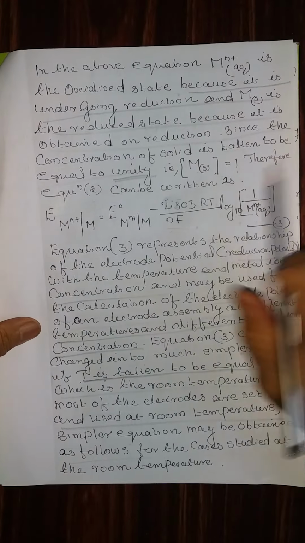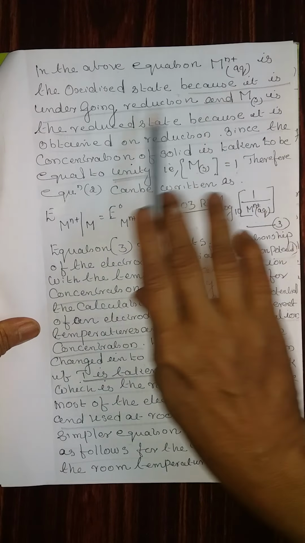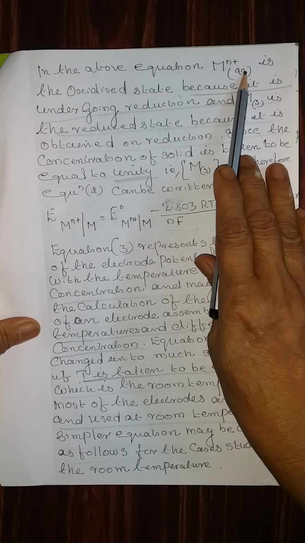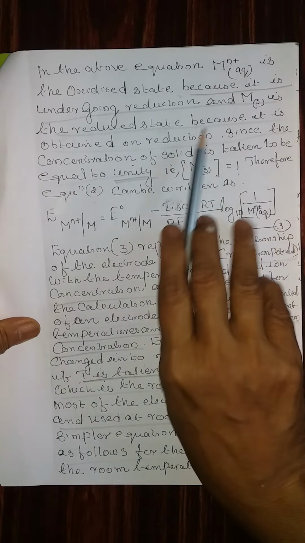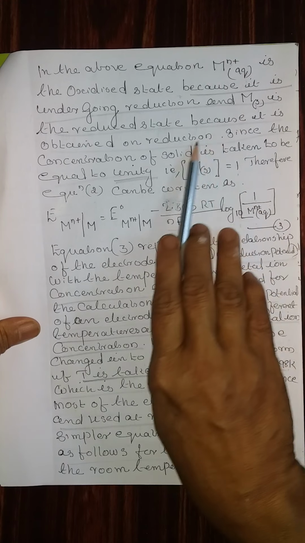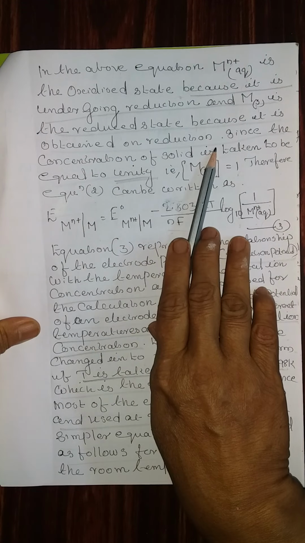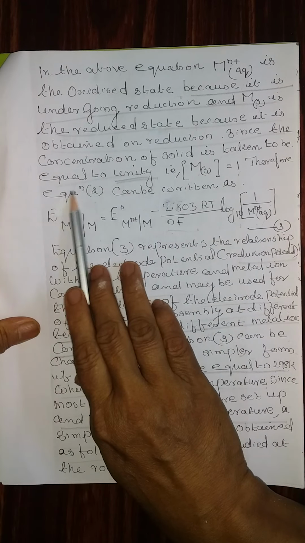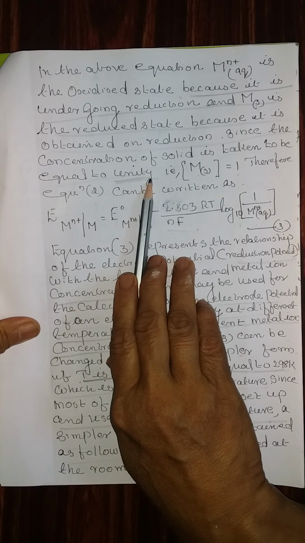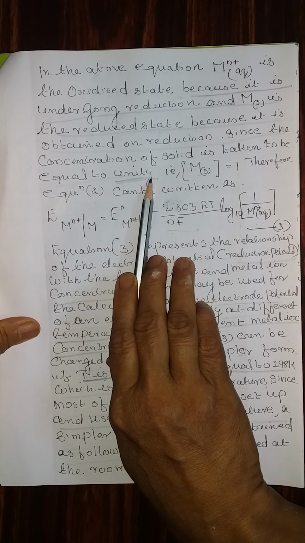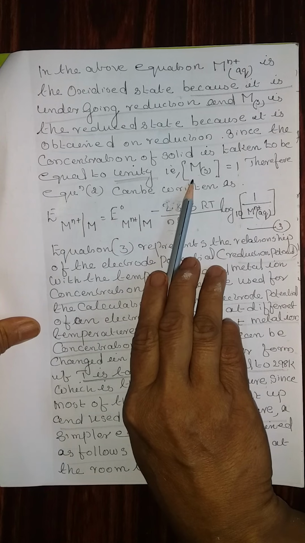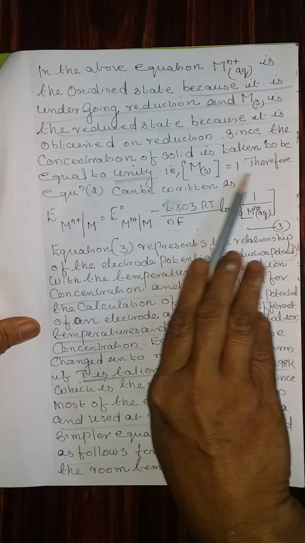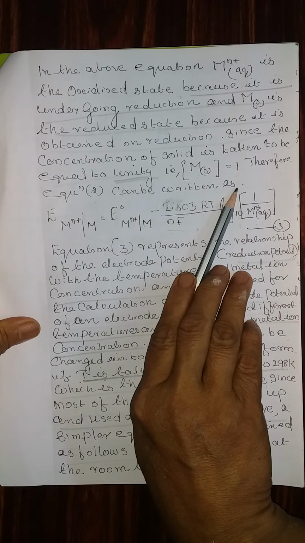Now in the above equation, Mn+ aqueous is the oxidized state because it is undergoing reduction. That means once it is oxidized, only then does it gain electrons and get converted into M. And because it is obtained on reduction, since the concentration of a solid is taken equal to unity, please remember to apply this rule when you do the assignments. That is, the concentration of a metal or any solid form is equal to 1. Therefore, the equation can be written as